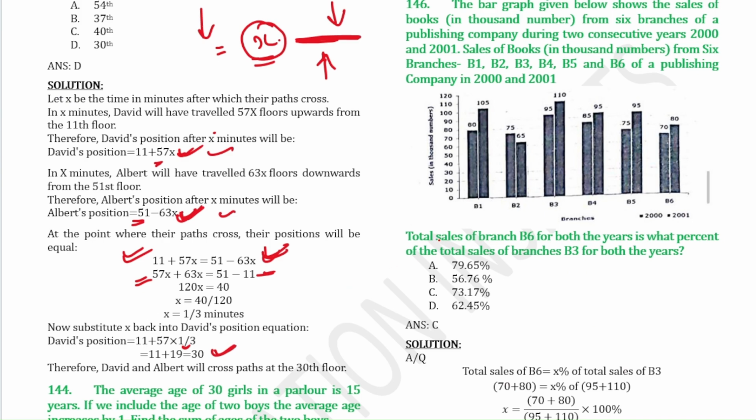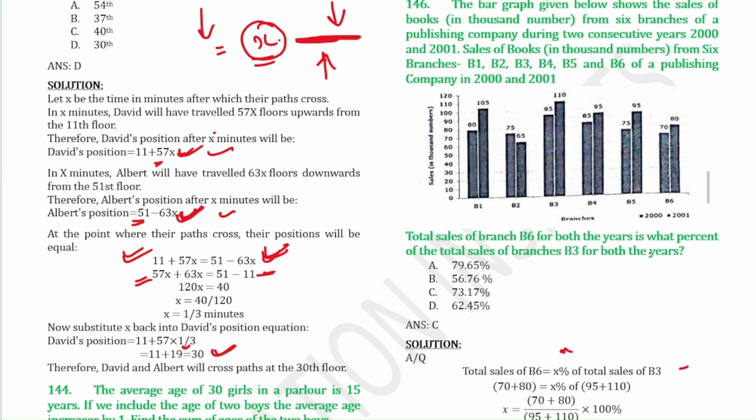In this question, we have to find the total sales of branch B6 for both the years is what percent of the total sales of branch B3 for both the years. So the total sales of B6 is equal to what percent? It means X percent of the total sales of B3. If you see the graph here,